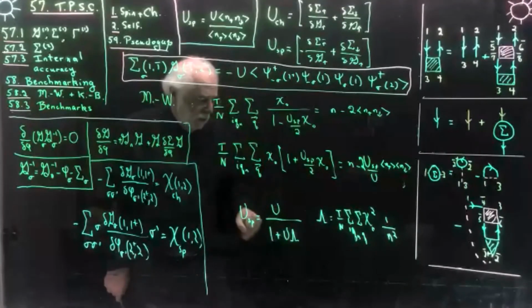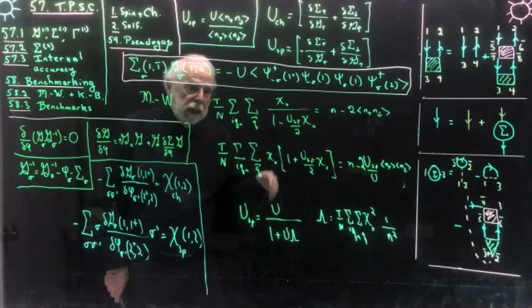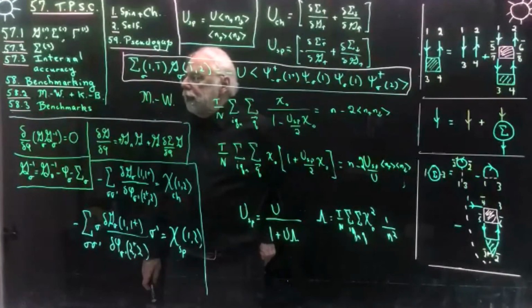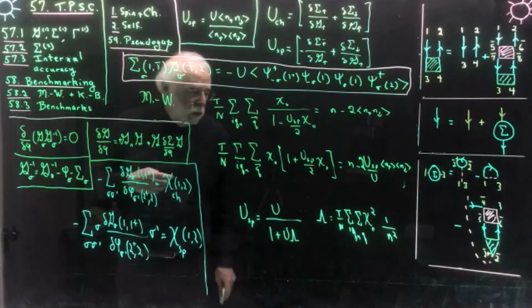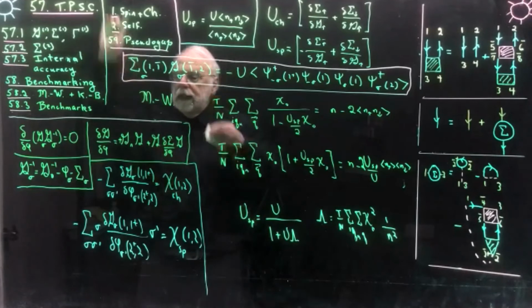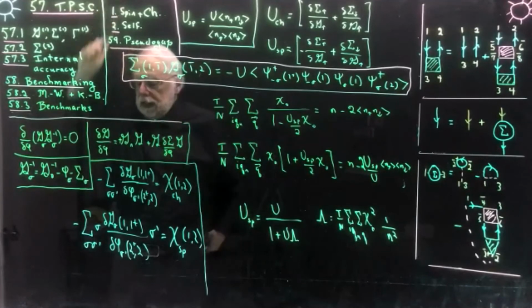The interesting piece of physics here is that when U is very small, then U spin is U. But as U grows, then U spin starts to saturate. And what is the physics of this? It is the physics of Kanamori and Brueckner. Kanamori was a solid state physicist and Brueckner was a nuclear physicist. So what is happening with this Kanamori-Brueckner screening is that